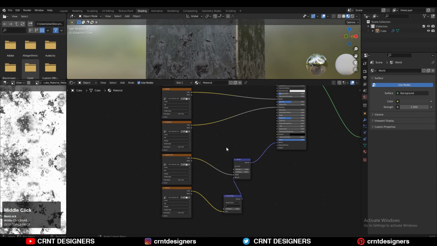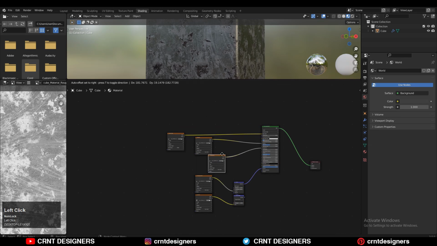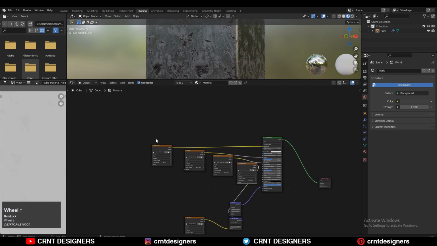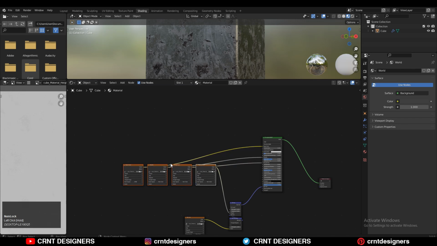Let's do the same step with these nodes. I just need to select these nodes and then press Shift equal, and then it will align these nodes in the vertical direction. Let's say my nodes are in this way and I want to align them in a horizontal direction. Then I can select these nodes and press Shift equal, and it will align these nodes in a horizontal direction. So this is a very useful feature.